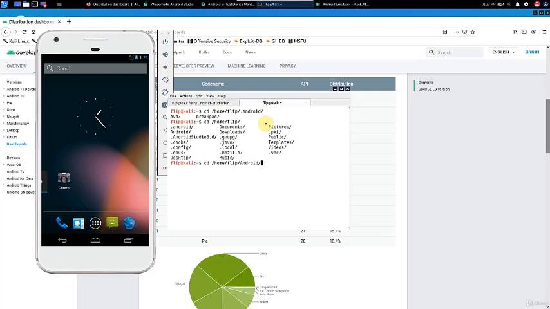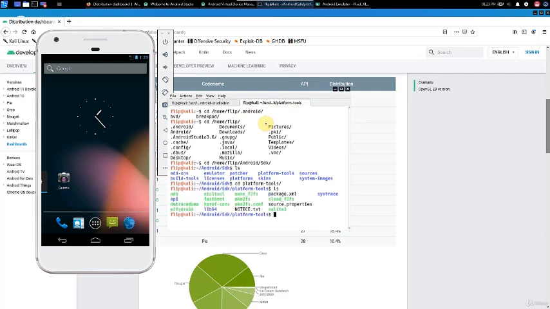Now, ADB is part of Android SDK. So in the case of Linux, the location of the SDK is usually under your home folder. And inside, you will see Android/SDK. Similarly in Windows, it will be under your user drive, then Android/SDK. Here you will see a list of directories, and inside, you'll see a directory called Platform Tools, and that's where you find ADB. So to run that, you're going to run ADB, and for example, shell.